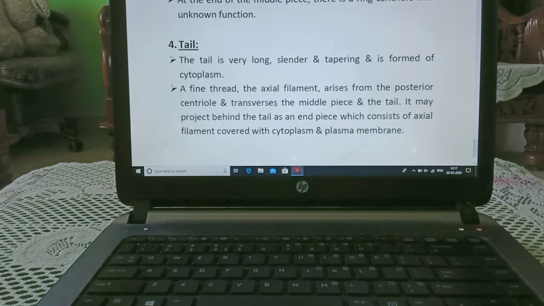Tail. The tail is very long, slender and tapering, and it is formed of cytoplasm. A fine thread, the axial filament, arises from the posterior centriole and traverses the middle piece and the tail. It may project behind the tail as an end piece, which consists of the axial filament covered with cytoplasm and plasma